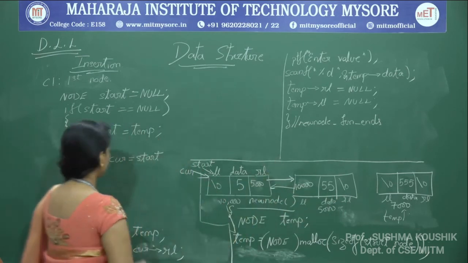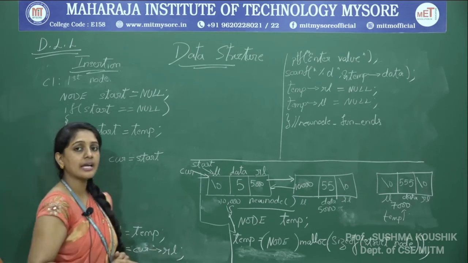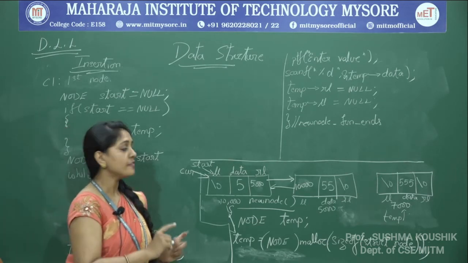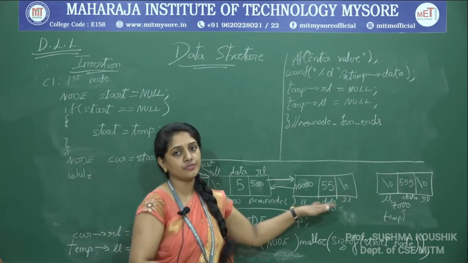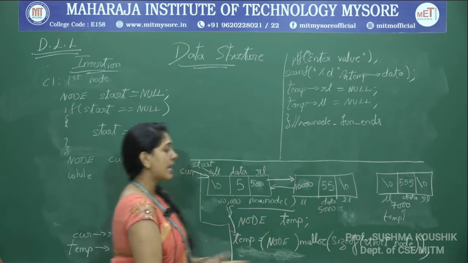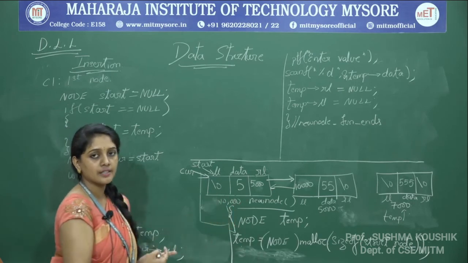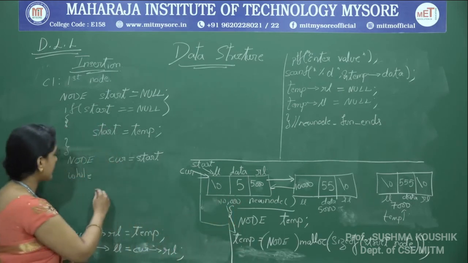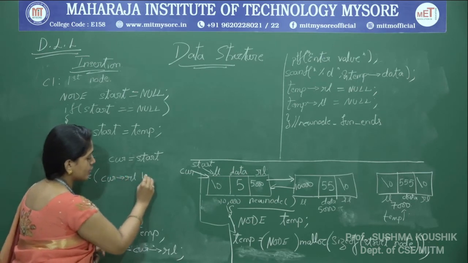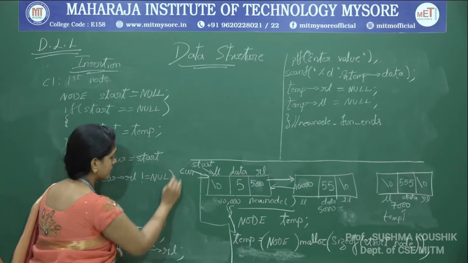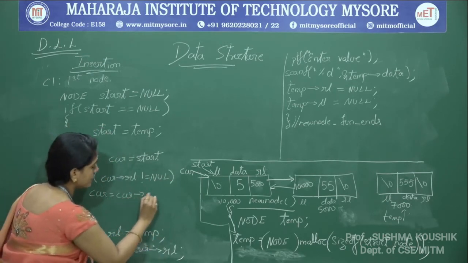How do we do that? How do I get the position where I have to insert? The current of RL should become null. At that point only we can insert the new node we have. So with this understanding, I have to traverse the current until we reach RL of that particular node as null. So what do we write? While current of RL is not equal to null, keep traversing: current is equal to current of RL.